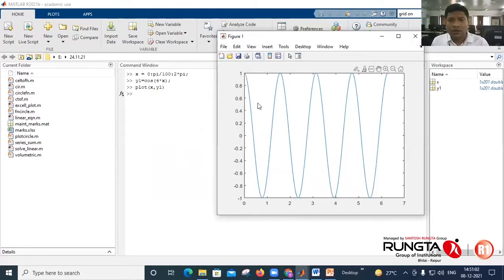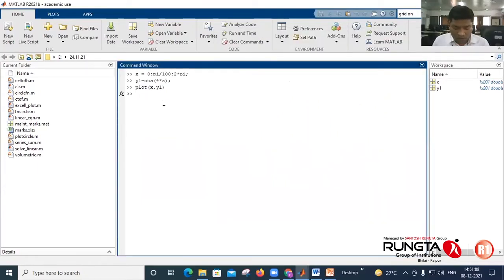Then if I want to plot another variable against x, you have to use the hold on command. Type hold on and then define the next variable, say y2 equals sine of x.